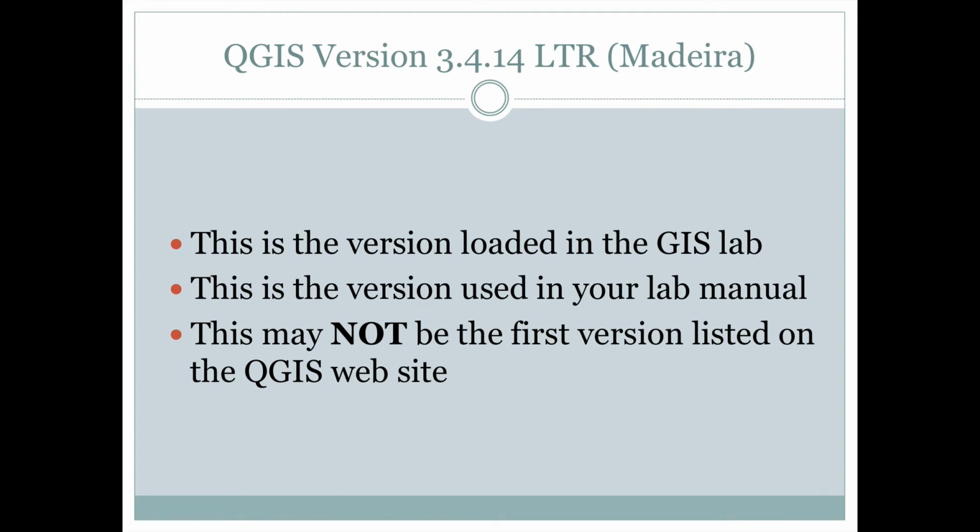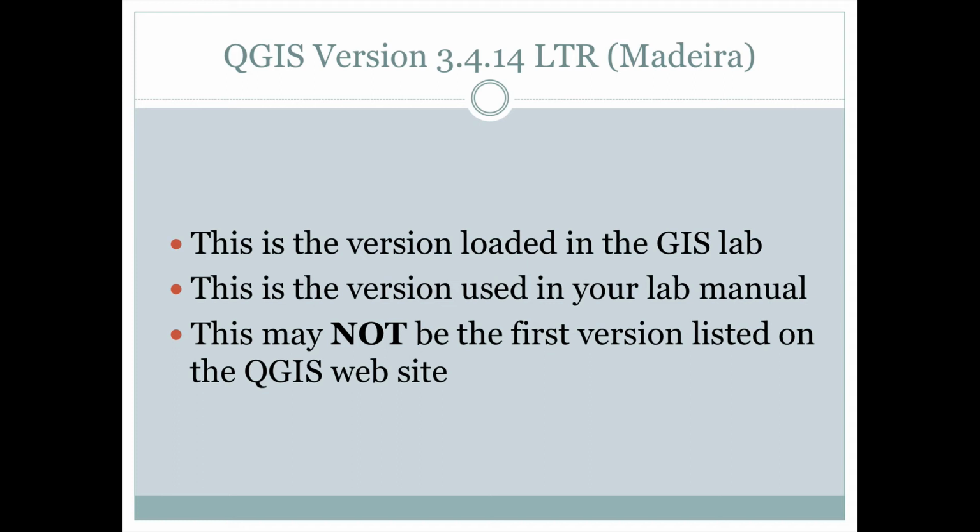In this class, we'll be using QGIS version 3.4.14 LTR, which is also called Madeira. And this is the version that will be loaded in the GIS lab. So when you open QGIS in the lab, that's the version you'll have. This is also the version that's used in the book that we're using as a lab manual for this class. So as you're looking at the printouts in your book and you see certain menus, if you want the menus to match, it's best to have this version of